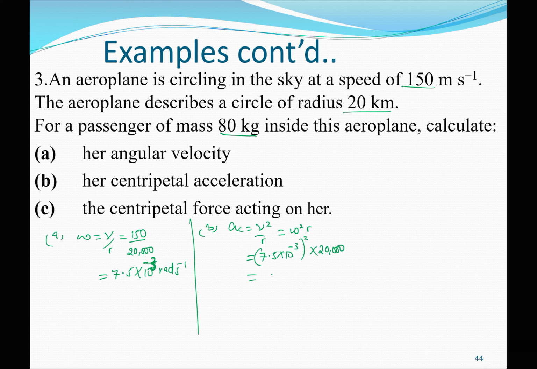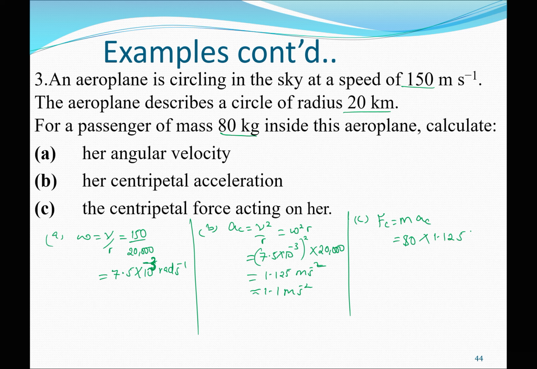So this is giving me 1.125 meters per second squared, or approximately 1.1 meters per second squared. Then part C is the centripetal force acting on her. We know that centripetal force is mass times centripetal acceleration. Since I already have the centripetal acceleration, I don't want to waste time. I'll just simply say the mass is 80 times the centripetal acceleration, which is 1.1, or which is